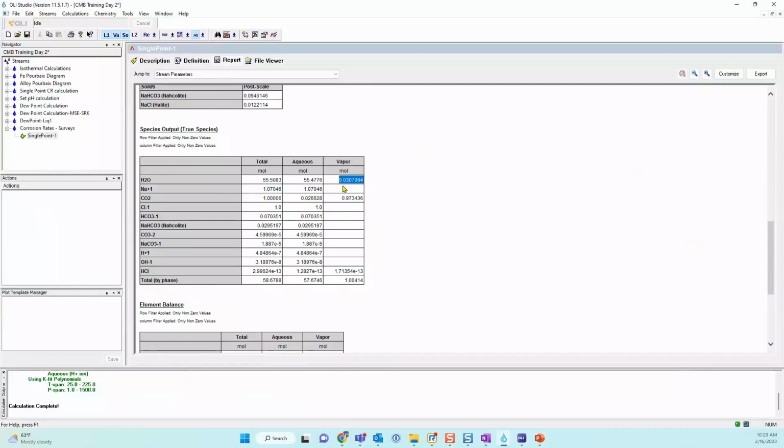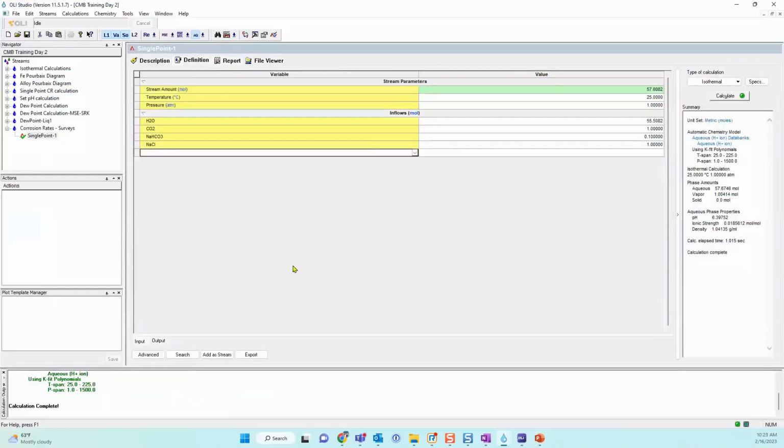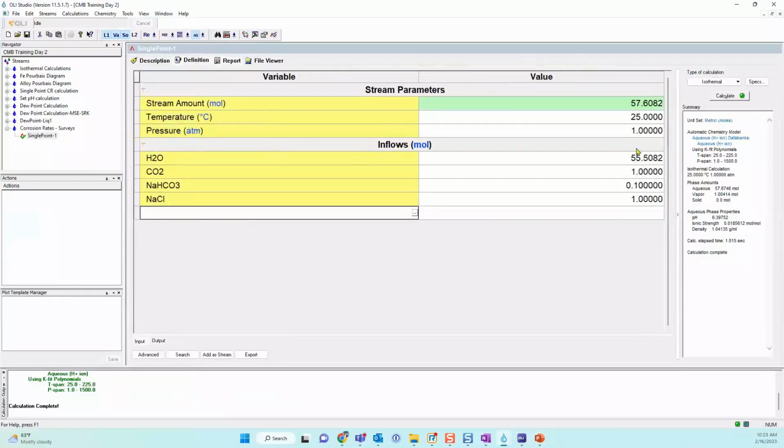Okay, so maybe imagine an experiment where you are just bubbling CO2, and it was just too much that most of it went out, and it also got some vapor out of the system. So that's how I interpret it. Maybe you have a different interpretation, but that's how I see it.